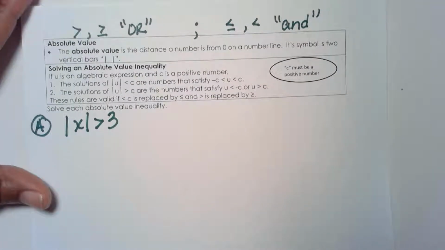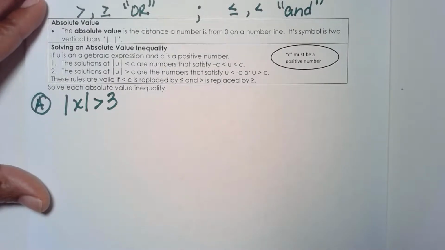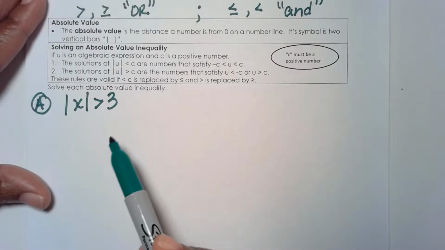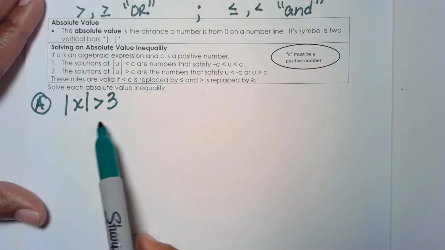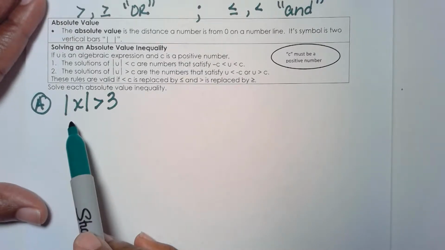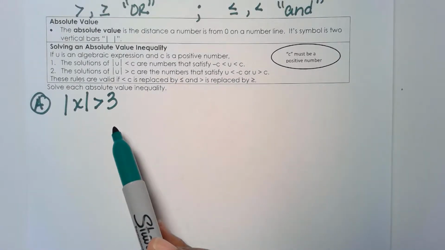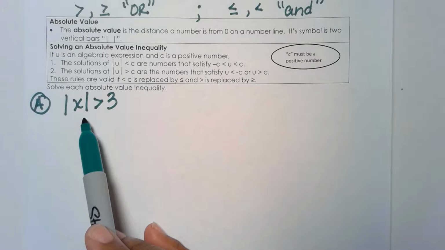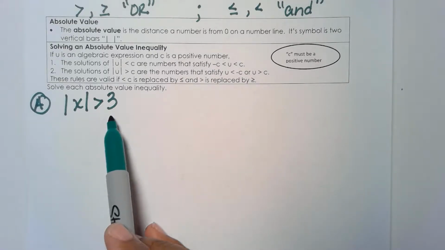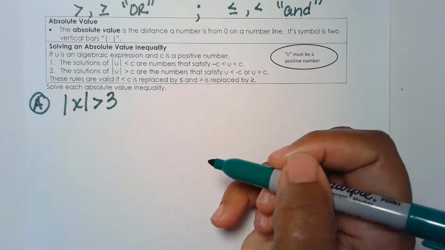But before we get into going into some more solving of it, let's just look at a basic absolute value inequality where it says here the absolute value of x is greater than 3. So if x is greater than or equal to 3, then x is more than 3 units away